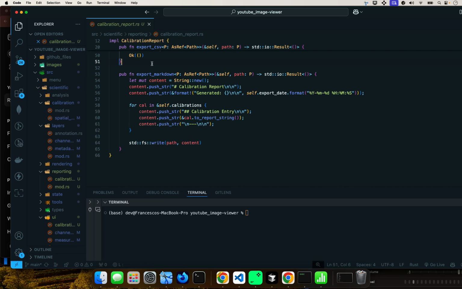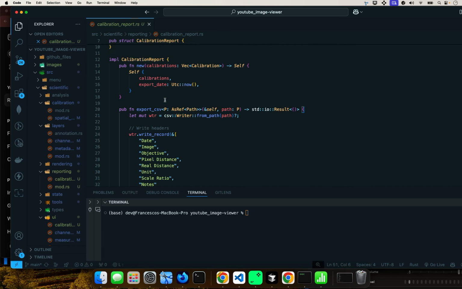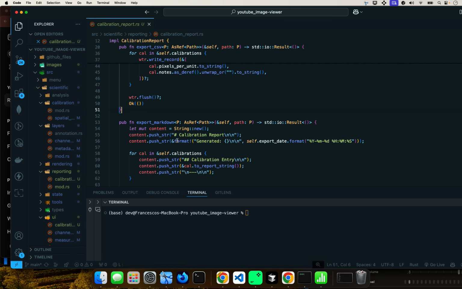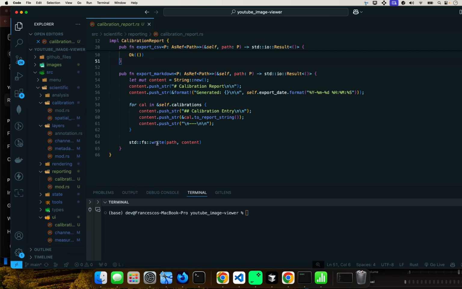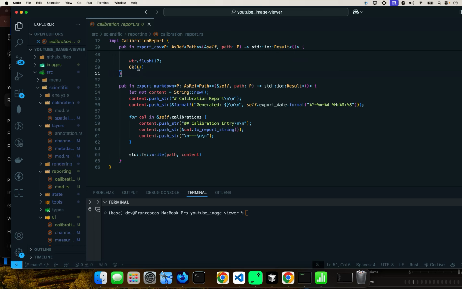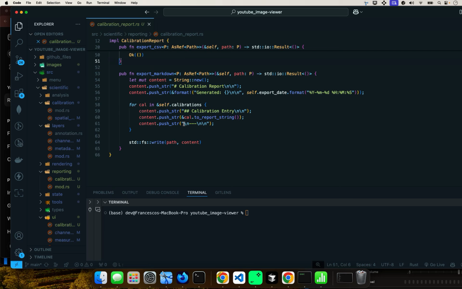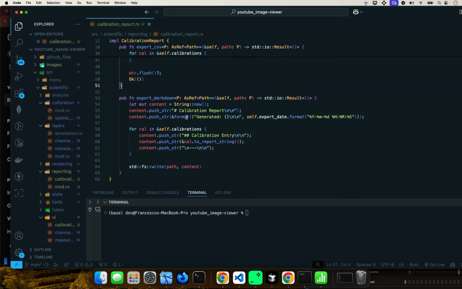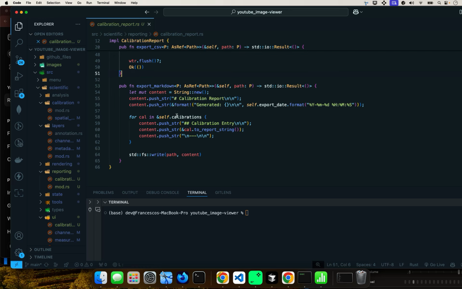Here it comes down. This is for CSV. This is for Markdown. And if you had PDF, you would also have PDF here. Right now, I just have CSV and Markdown. And basically it's the same thing that we did there, but here it's exporting the calibration report as a Markdown file,